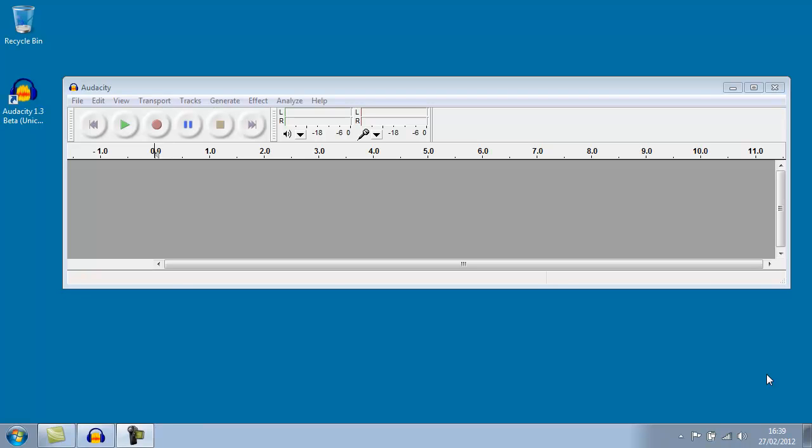Okay, we're going to record a sound that we're going to add to our Klikin website. I want to record myself saying "using sound", because there's one of the buttons on the main page that's got that text by it. So in order to record it, I click on the red button here